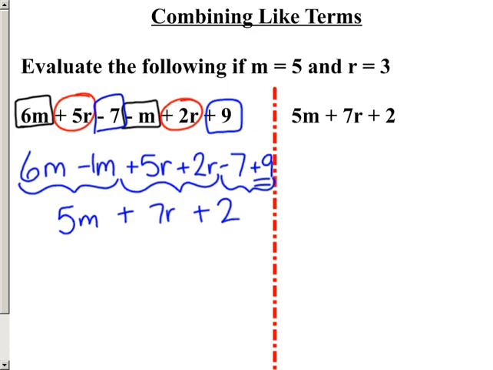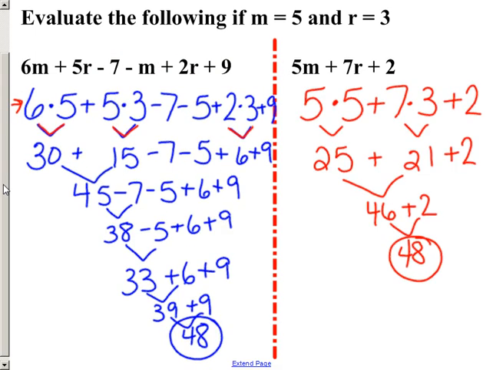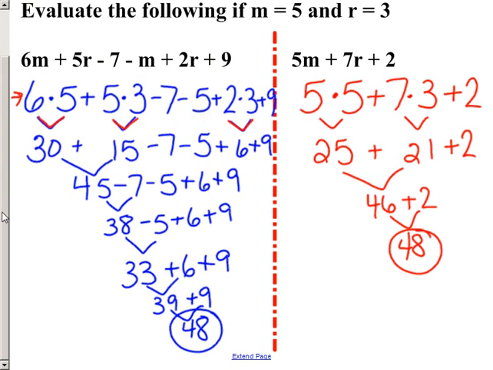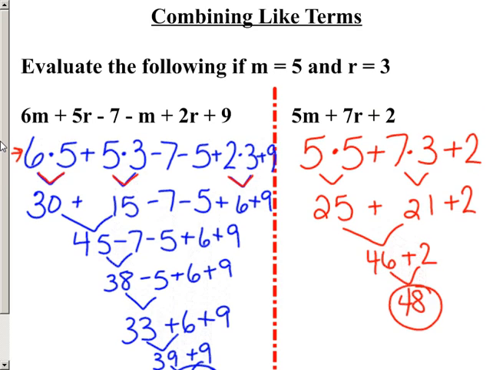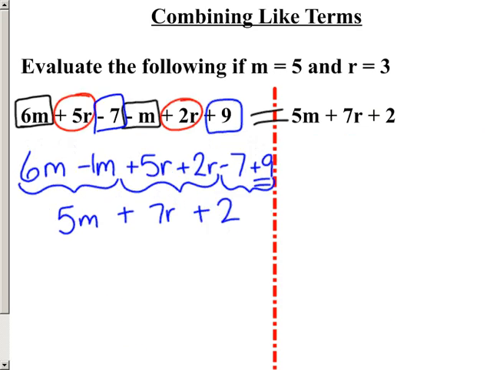So if you will notice, the expression on the left is equal to the expression on the right, and that is the reason why when you evaluated, both of them gave you the same value. And that's the beauty of simplifying your expression, because it makes the evaluating so much